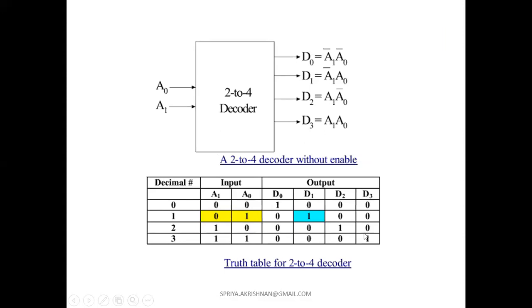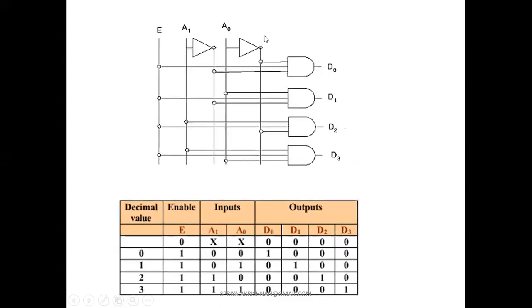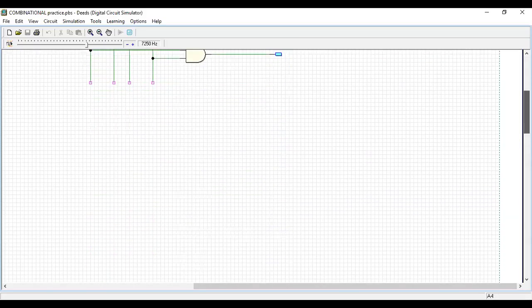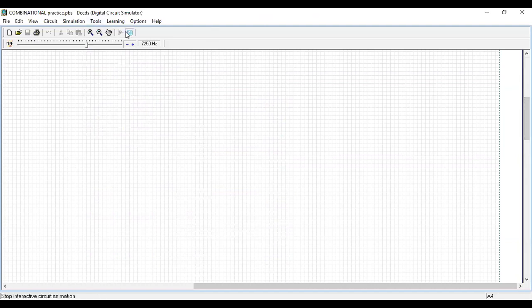So already we have discussed the same diagrams in the theory portion, so I'll go a little bit faster. So this is the design of the decoder using basic gates. Then we will check how the decoder works with the basic gates. So I'll share the screen of the software. My voice is not clear. I hope you all can see the screen share.